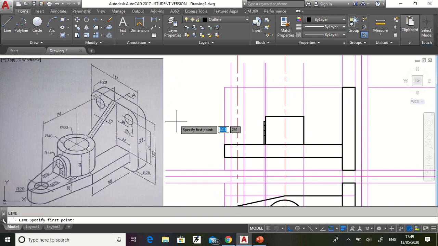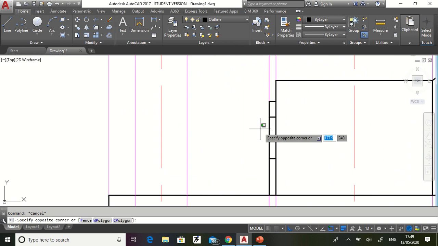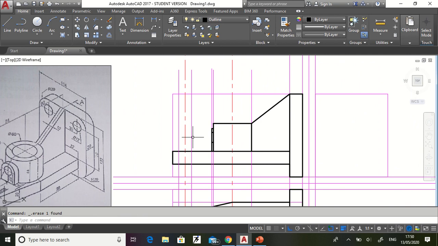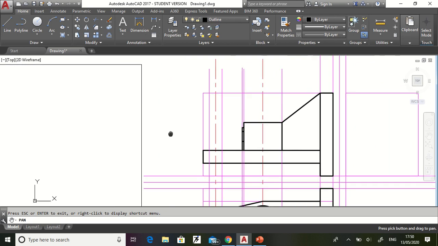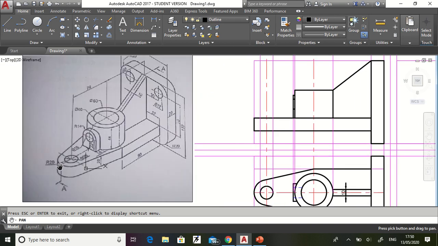So line, we will draw the rib now. Rib is from here to here. Okay, now this line is also not there. So when I cut the object from this line, the sectional view will look like this: it will pass through this.